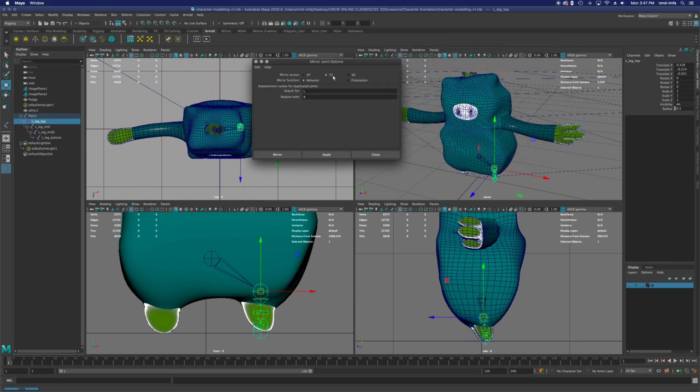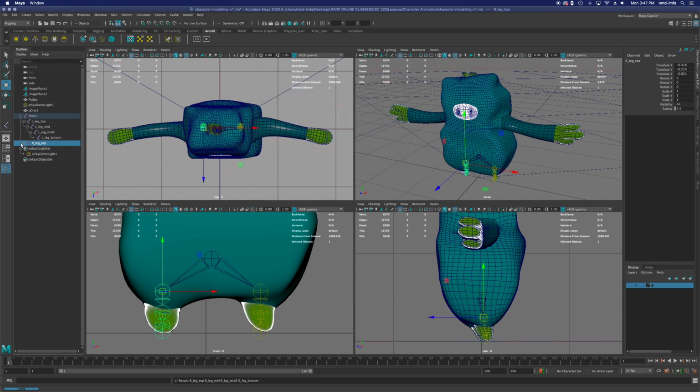So we click YZ. And then under replace names, I'm going to replace the capital L with a capital R. Hence why I used a capital L but lowercase l on the leg part. If I had used capital L on the leg part, it would read as reg when we go to mirror this. So I'm going to hit mirror, and boom,